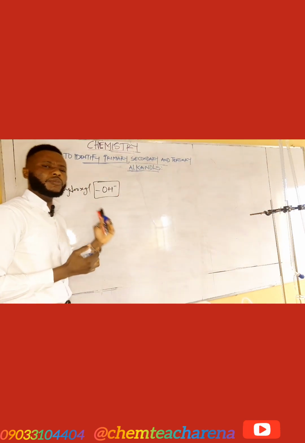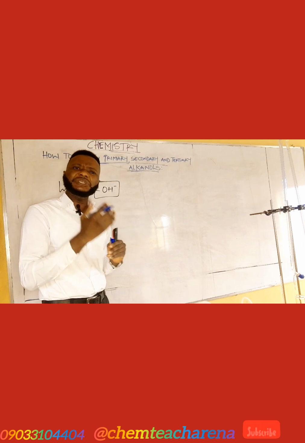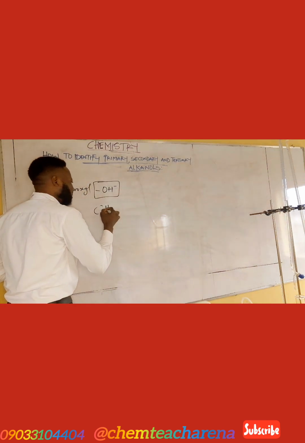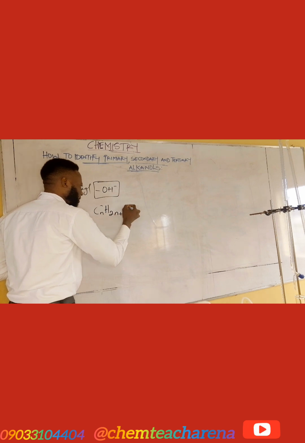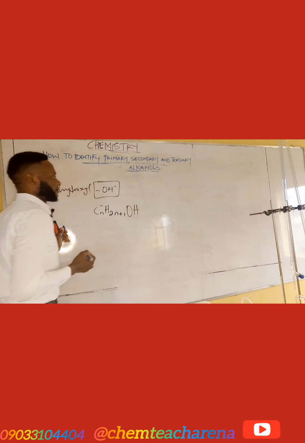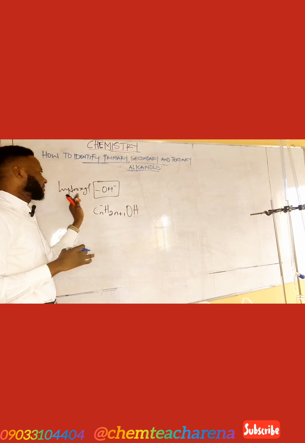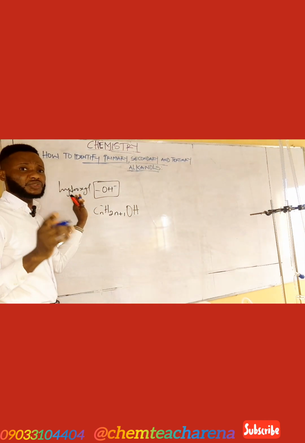They form a homologous series with a general molecular formula of CnH2n+1OH. This is the general molecular formula for all alkanols, and this is their functional group, the hydroxyl